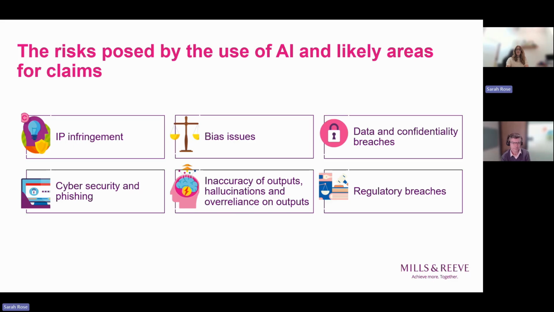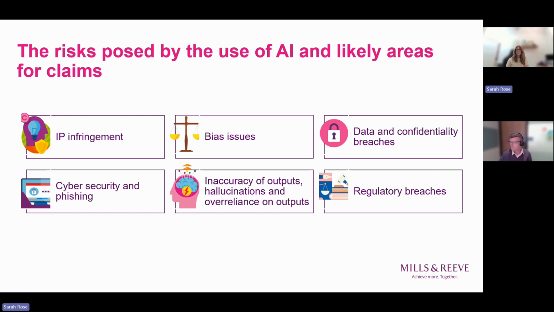Bias issues. So generative AI models may repeat and potentially amplify any underlying biases in the data they use, and that could lead to discriminatory treatment of clients or staff. I think some of the most acute examples are going to arise in the healthcare sector, where social or physiological differences can make a significant impact on the likelihood of certain conditions arising, but it's certainly not limited to that